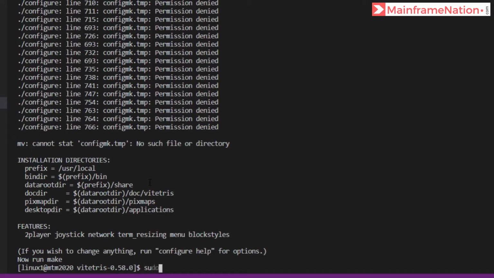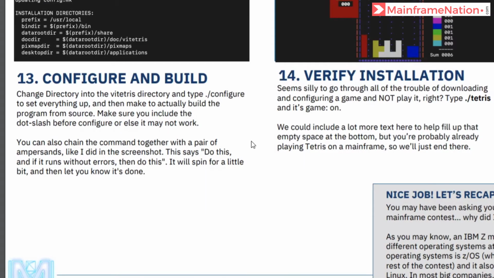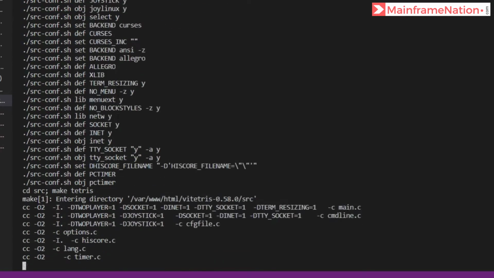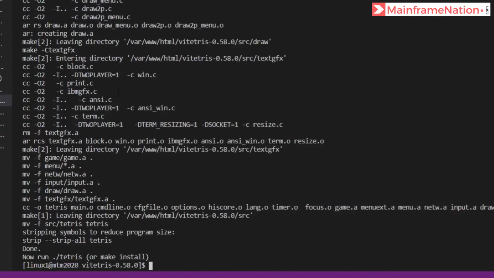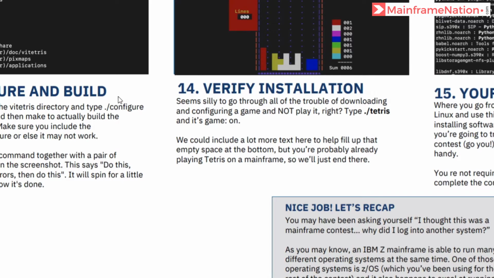Permission is denied, so give here sudo, then give ./configure, and it completed successfully. And then we have to give make. Let's give sudo make. Make is also done. So step 13 is complete.